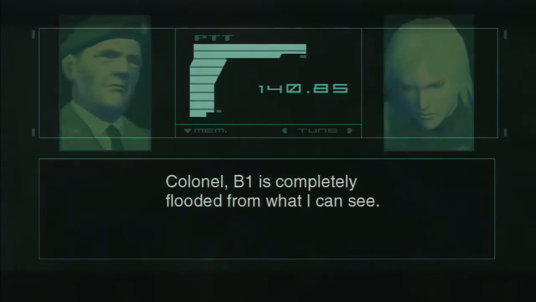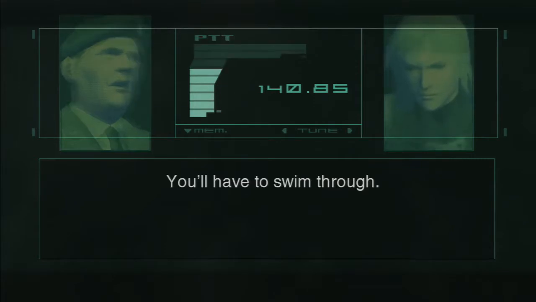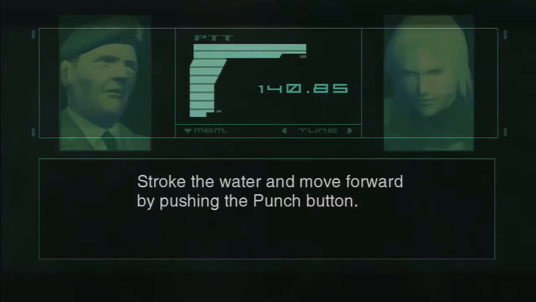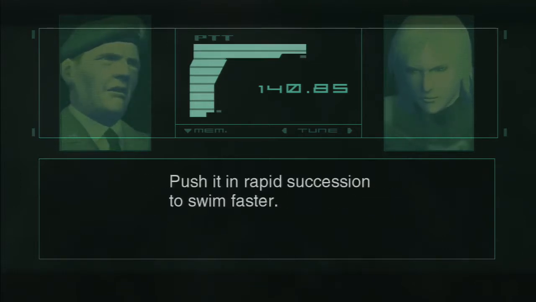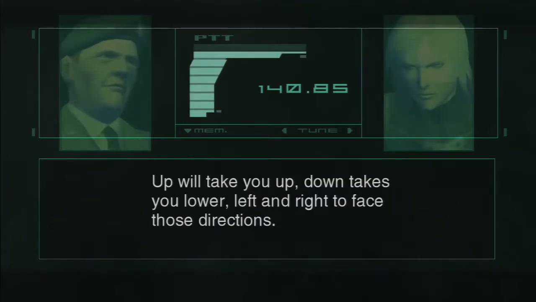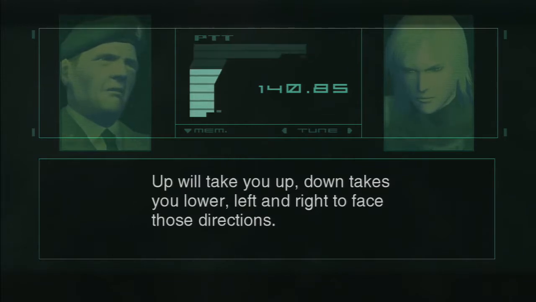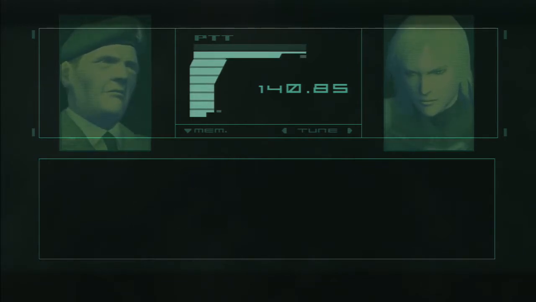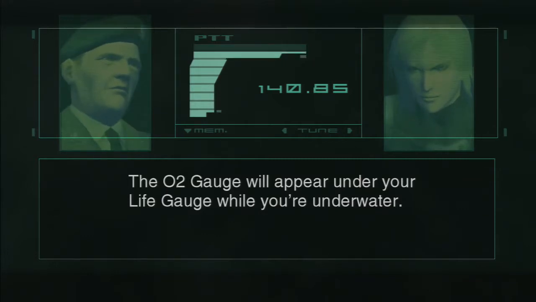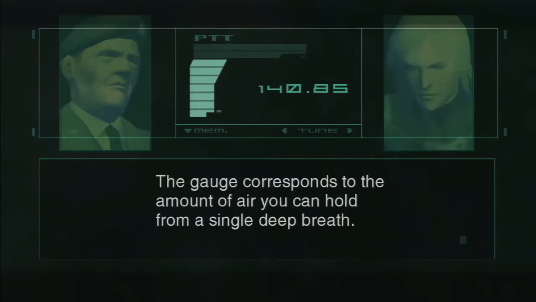Colonel, B1 is completely flooded from what I can see. You'll have to swim through. I'm fine with swimming. Stroke the water and move forward by pushing the punch button. Push it in rapid succession to swim faster. Change your heading with the left stick. Up will take you up, down takes you lower, left and right to face those directions. The O2 gauge will appear under your life gauge while you're underwater. The gauge corresponds to the amount...